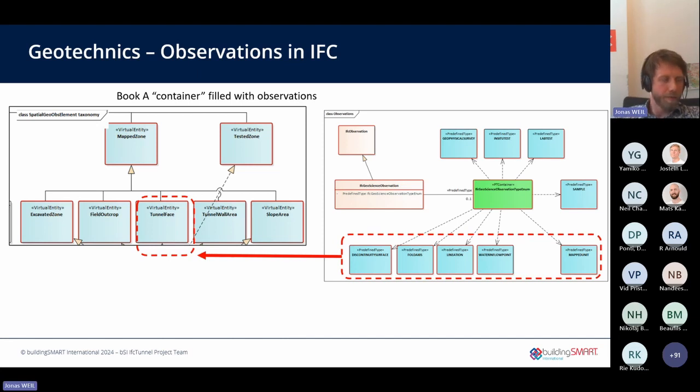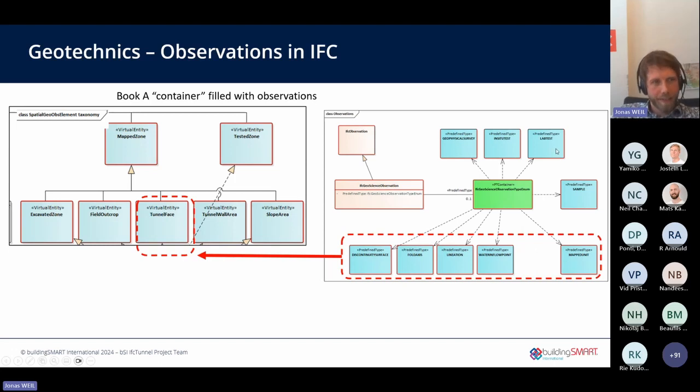Another example is tunnel documentation, because we said, of course, for IFC Tunnel, it's not only necessary to include the information that is collected before the project, but also during execution, include the documentation inside the tunnel and make a comparison of predicted versus encountered conditions. So you can say that the tunnel face is actually an area where observations are made. It's a mapped zone, according to this terminology. And on this mapped zone, you can measure discontinuities, you can measure certain units, lithologies, you can measure water inflow and so on.